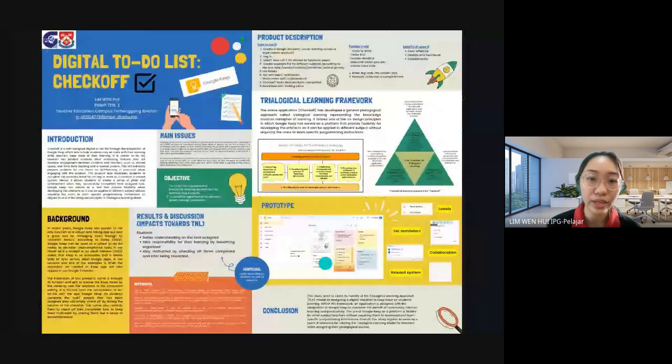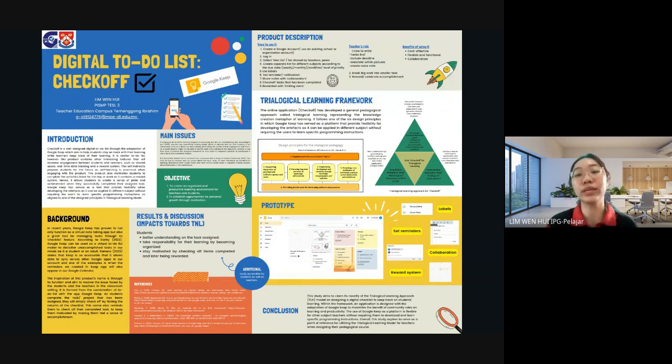Okay, so in conclusion, this study aims to claim the novelty of the trialogical learning approach model in designing a digital checklist to keep track of students' learning. Within the framework, the system is designed with the adaptation of Google Keep to maximize the benefits of community roles on learning and productivity.